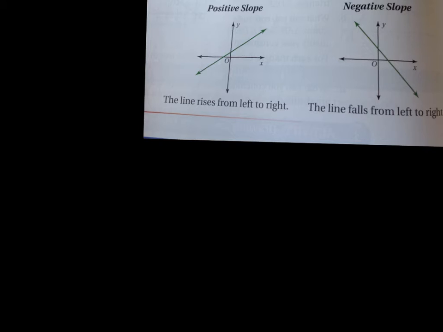Slopes can be both positive and negative as well. So here we have a positive slope, so that always rises to the right. And then here we have a negative slope. It always rises to the left. So if the m is -3 over 2,